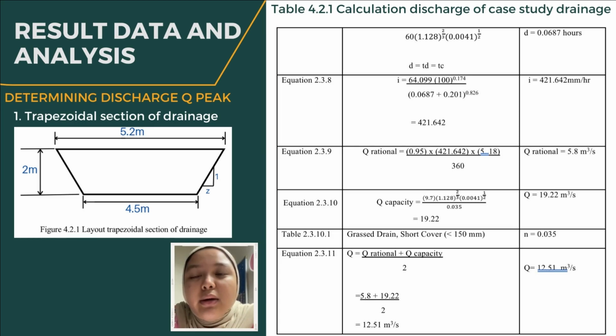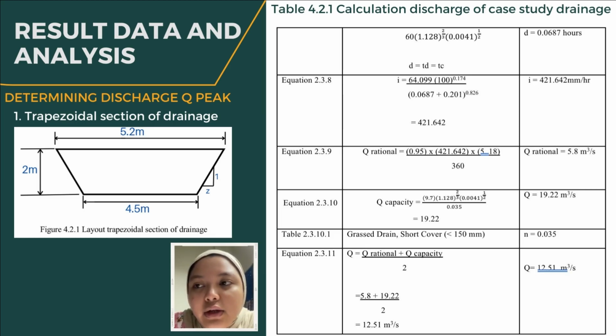2.3.2.1, we get the output C is 0.95. For equation 2.3.2, we got the C average 0.63, and equation 2.3.3, we got the friction slope 0.0041 meter. For equation 2.3.4, we got the area, which is 9.7 meter square, and for Z is